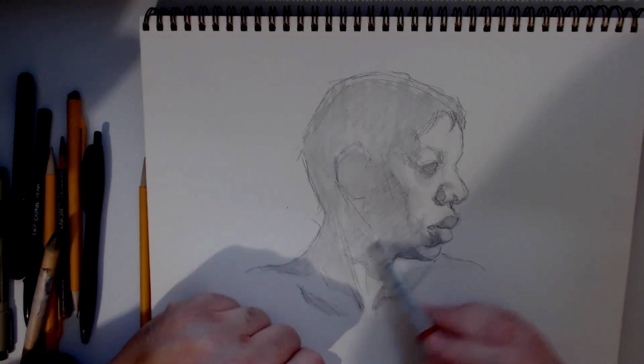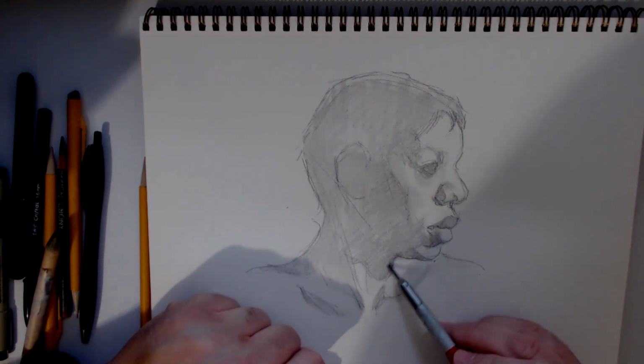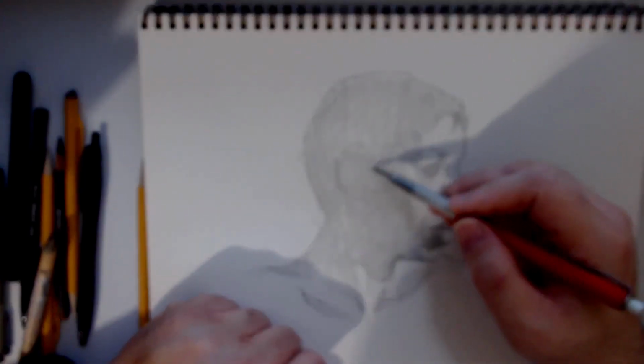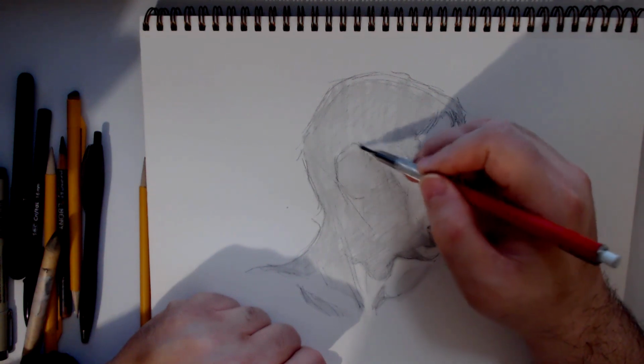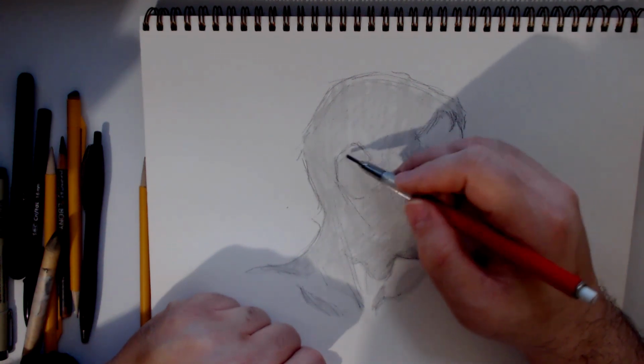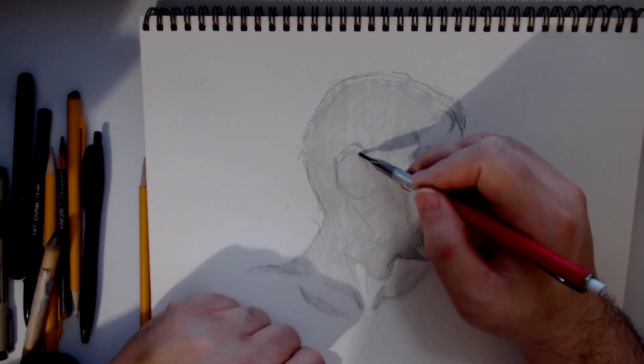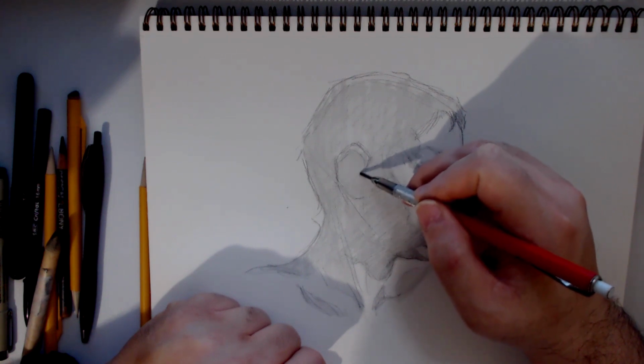I'm not taking it all in. I'm taking what I believe is important, and working from and developing that in the drawing. But when you're working from nature and it's your eye observing things, you can take the place of that camera,